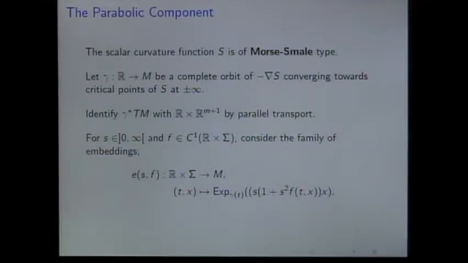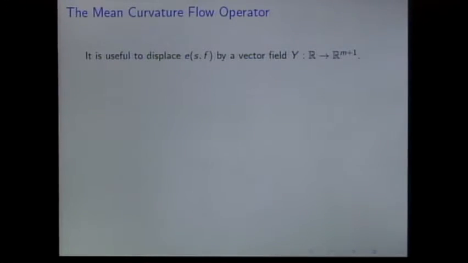And we're just going to define Yi's function, Yi's embeddings, in exactly the same way as before. The only difference is that now it's time dependent. So for each t, our spheres are now centered about the point gamma(t). So we have a family of spheres like that, centered around my geodesic. Now, in exactly the same way as in Yi's case, we also have this problem where different terms converge to 0 at different rates.